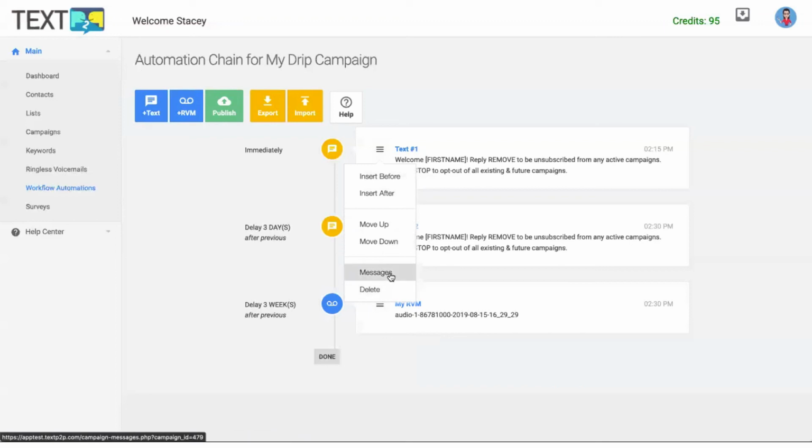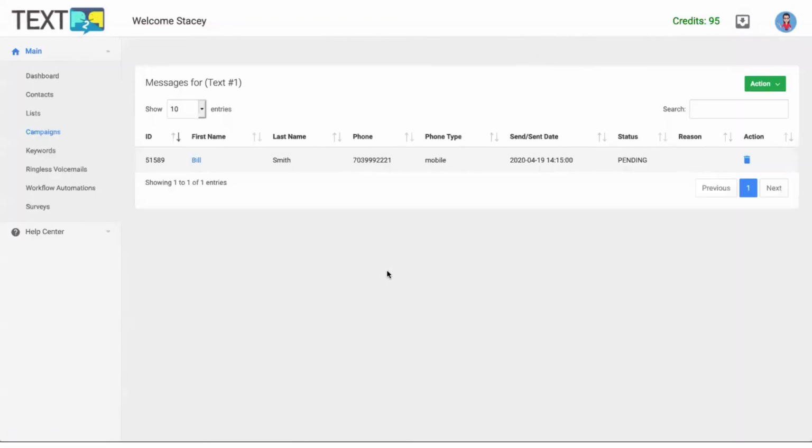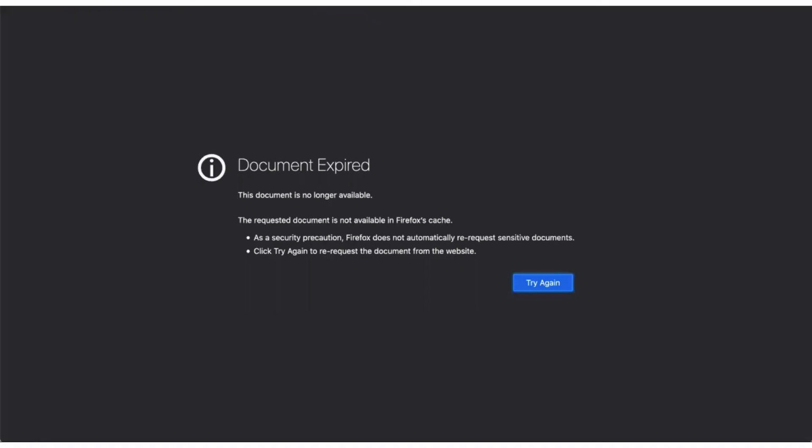Delete a message. But if I click on messages, it allows me to see what's scheduled. So I can see that this message to Bill is in a pending status and it's going to go out at this time today, okay? Now, if I just click the back button,